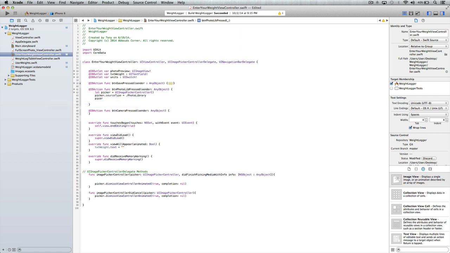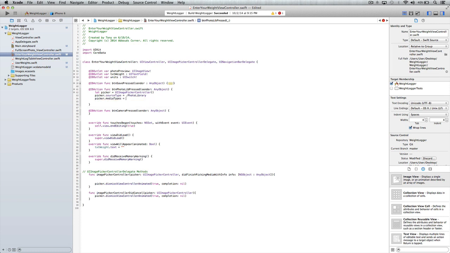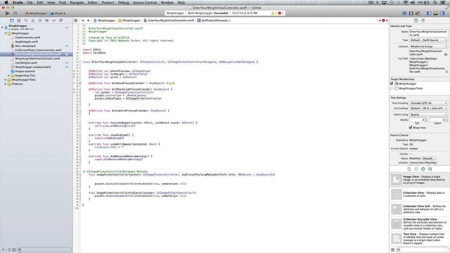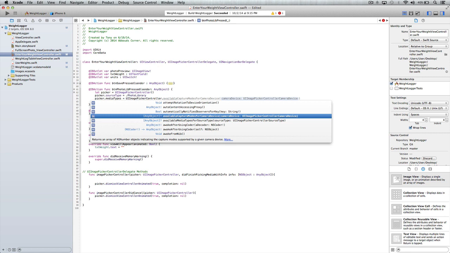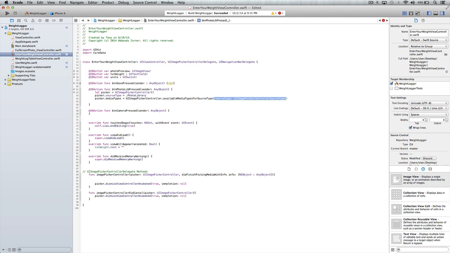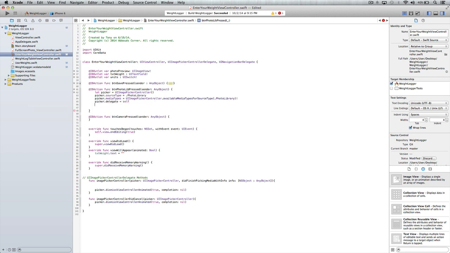And now you can say picker.mediaTypes. So the media types that we want are going to be UIImagePickerController, and then availableMediaTypes for the source type. Now the source type that we want is a .photoLibrary. Okay, and then we can explicitly unwrap that. So we only want the photo library. That's the media type that we're choosing. And now we can set the delegate is ourself, and then we can set